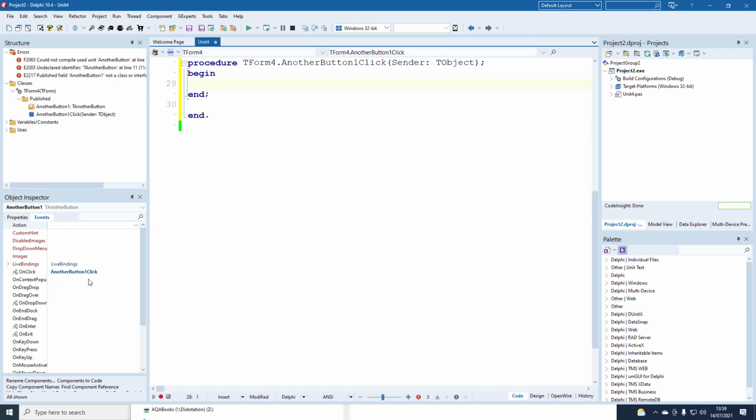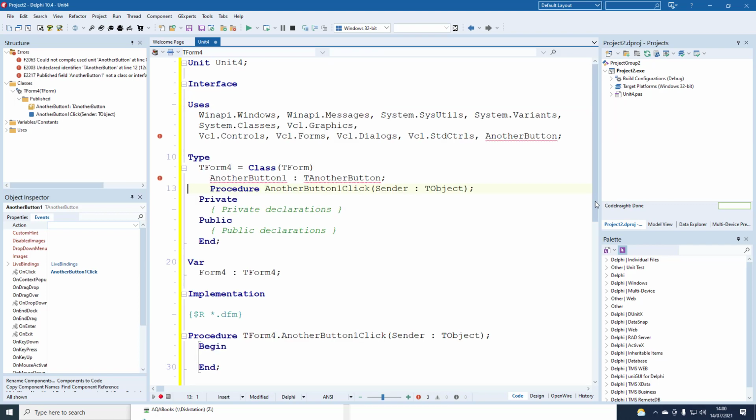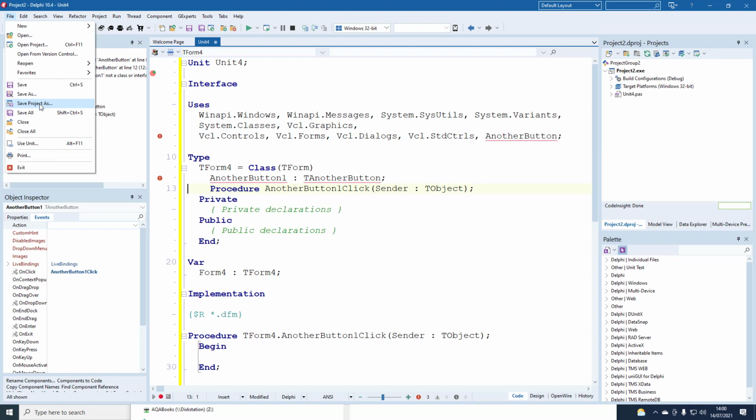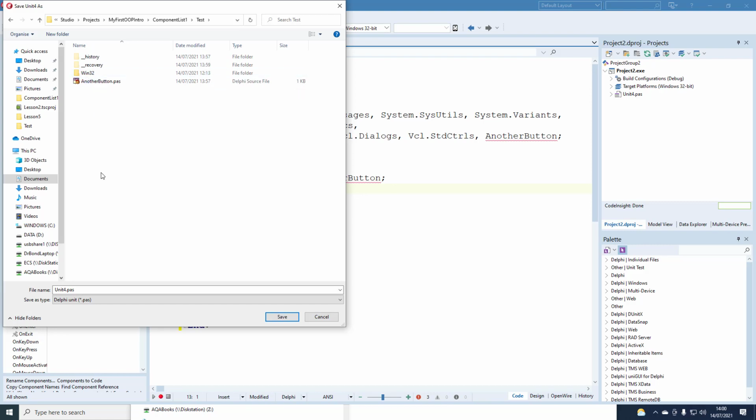So we double click to create an event handler, tidy up Control D, in house style formatting. Now we need to save this so that it can find the another button.pas unit, and if we save this in the test directory,